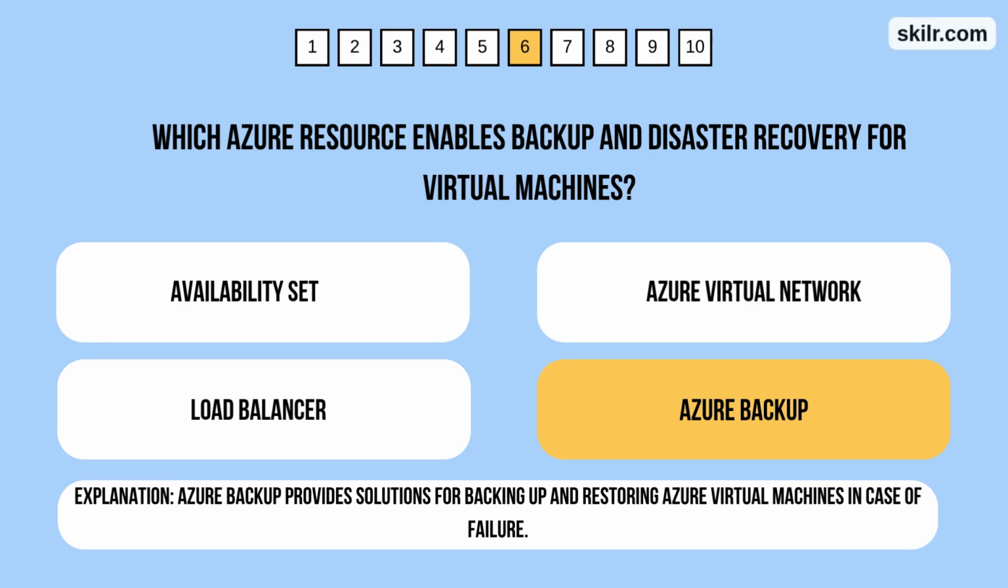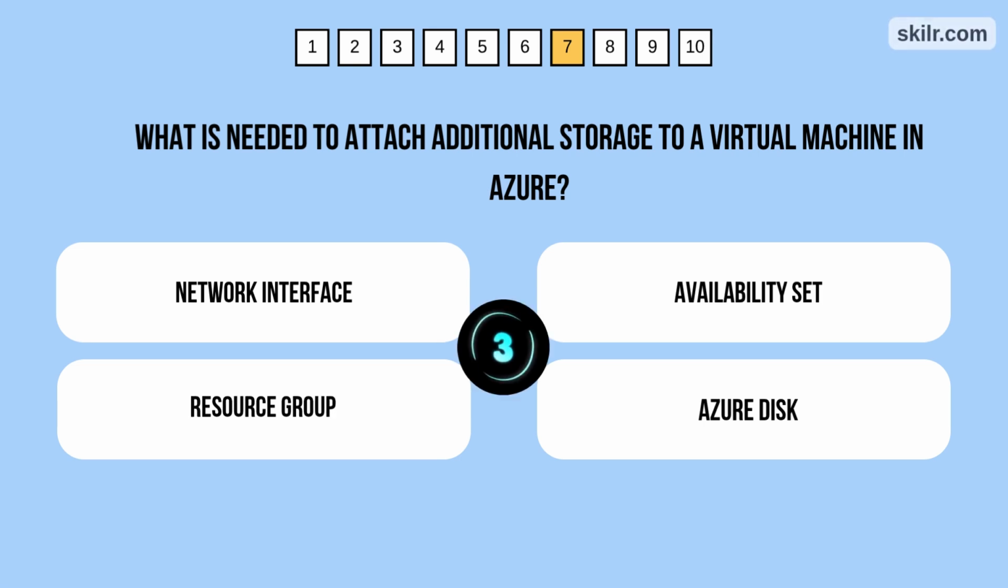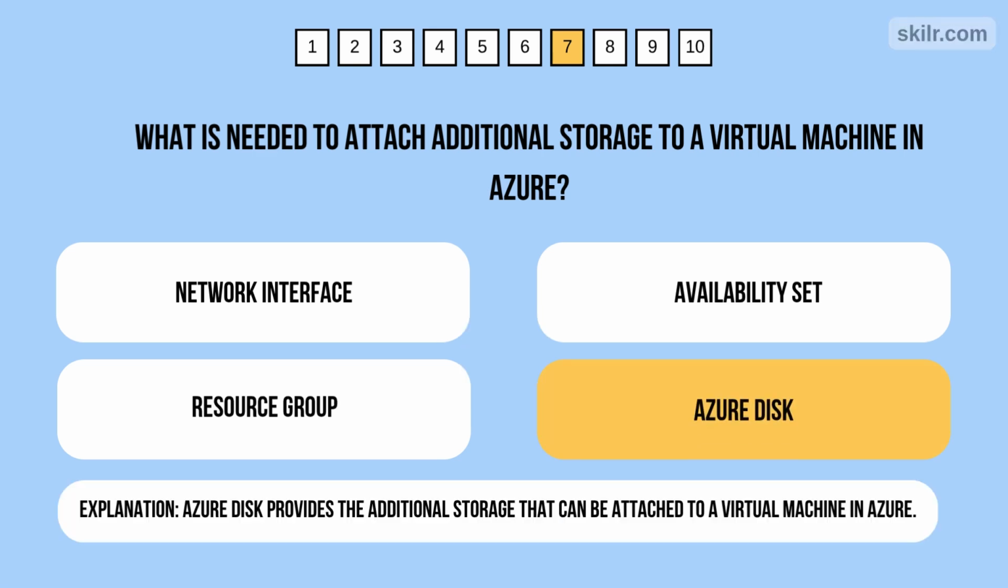of failure. Question 7. What is needed to attach additional storage to a virtual machine in Azure? The answer is Azure Disk, as Azure Disk provides the additional storage that can be attached to a virtual machine